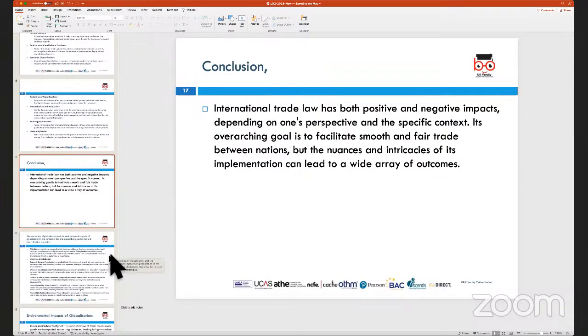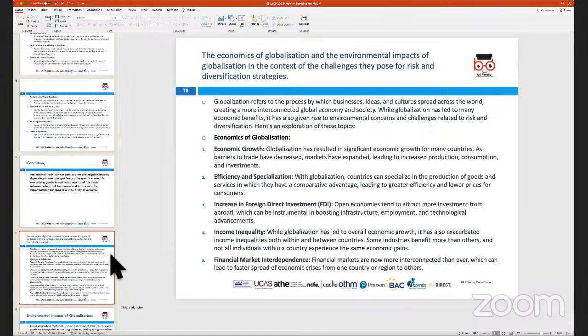No, sir. Okay, the next bit that we want to look at in detail is the economics of globalization. Why do companies look at expanding their operations globally, and why is it beneficial for companies to expand globally? So when we look at the economics of globalization, here we are looking at